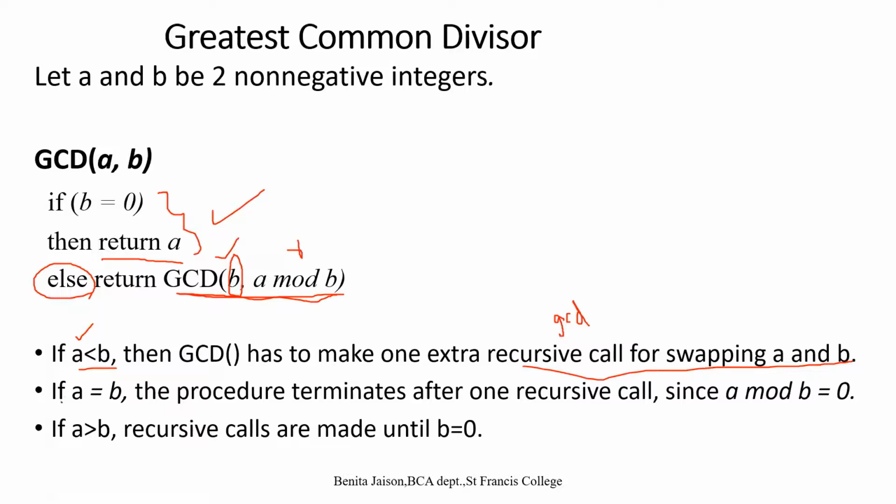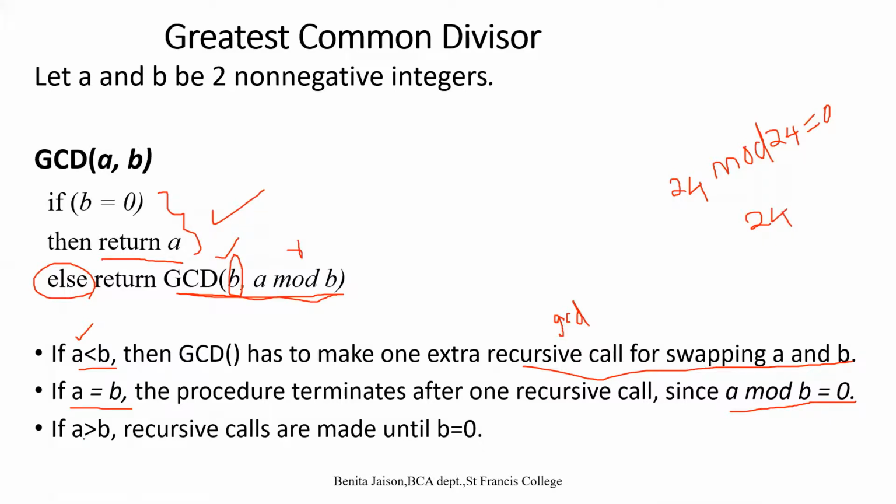Got it? Now, one more thing which you have to understand is, if A is equal to B, what will be the remainder in the first step? If you are passing 2 numbers, find the GCD of 24, 24. That means A and B values are the same. In that case, in the first row itself, we will be finding A mod B. What is A mod B? 24 mod 24, right? What will be the remainder? The remainder will be 0. So in the first case itself, we will be getting the remainder as 0. So 24 will be the greatest common divisor, right?